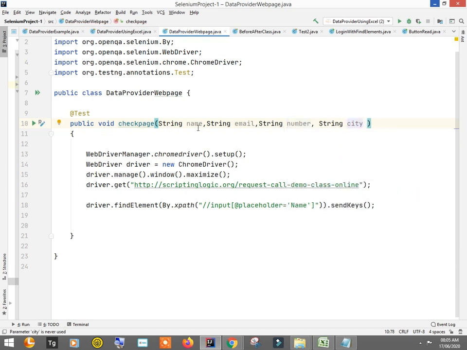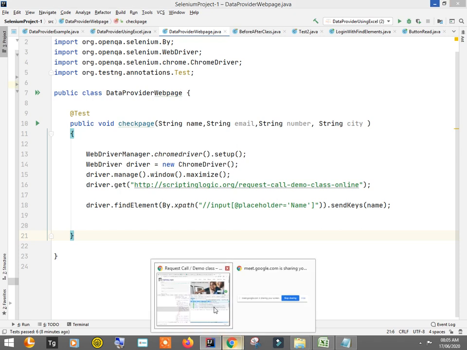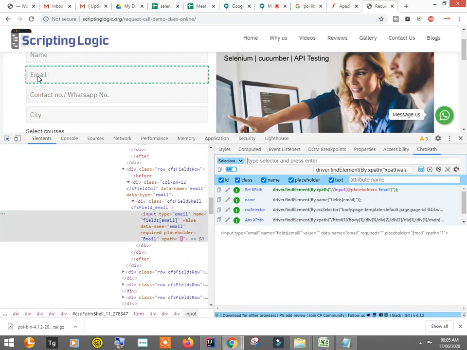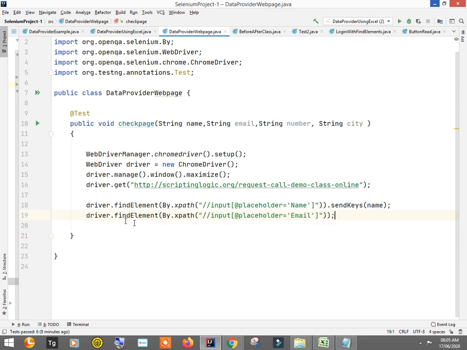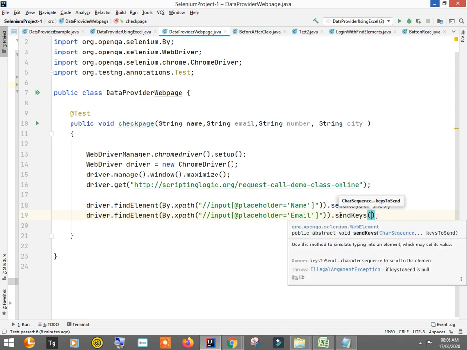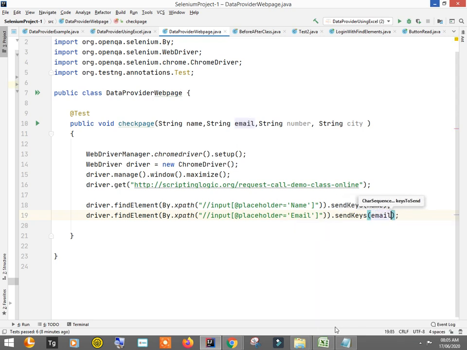So first one is actually the name, so I'll put it here. Similarly you just go here, select this arrow, click on the email, you will get the whole command ready here, right? So simply write dot send keys, then email.